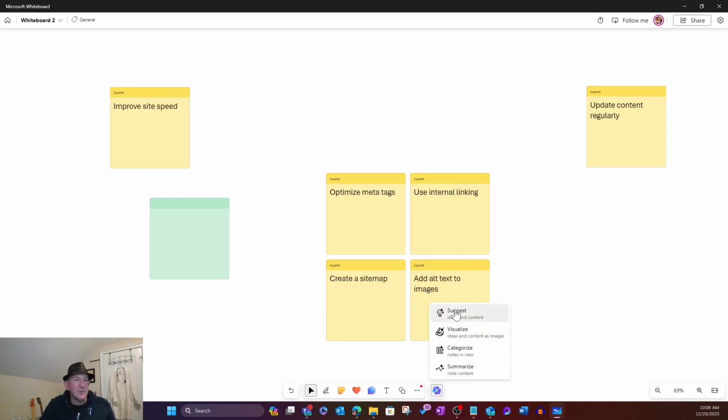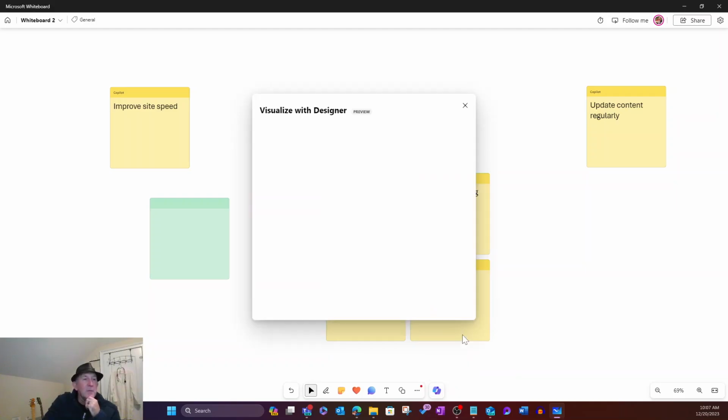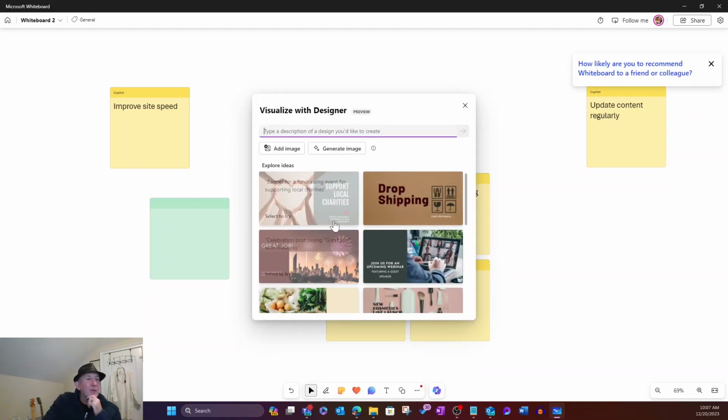So we'll click there. Suggest ideas and content. That's one. Visualize ideas and content as images. Maybe we want to select that. And so then I can come in here and it invokes Visualize with Designer. Microsoft Designer is AI driven. It is our kind of Copilot for making imagery. So we could go ahead and I could say, I want to see a